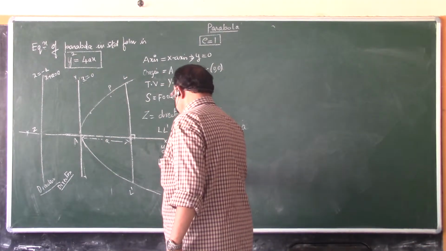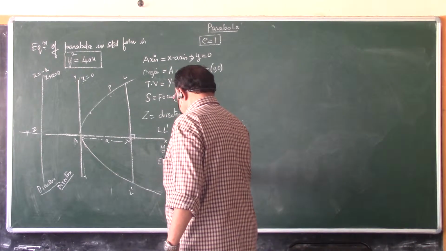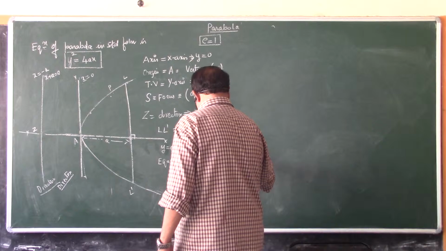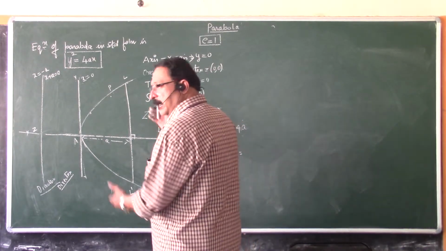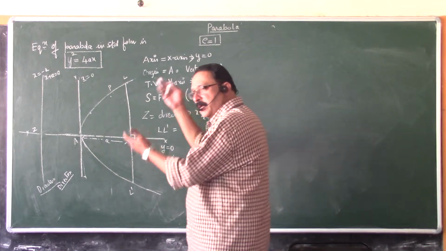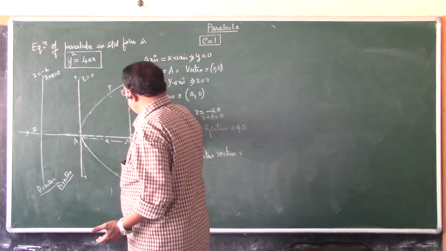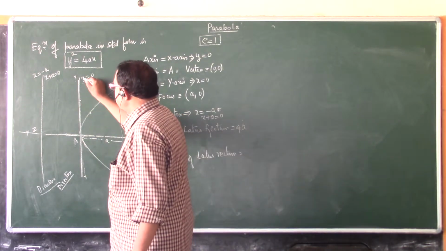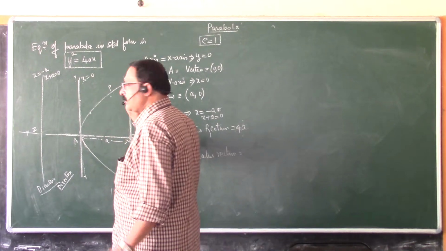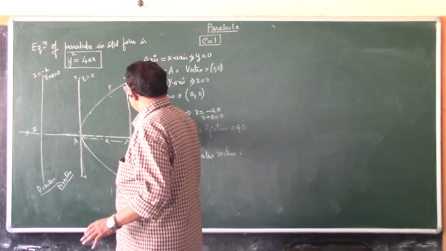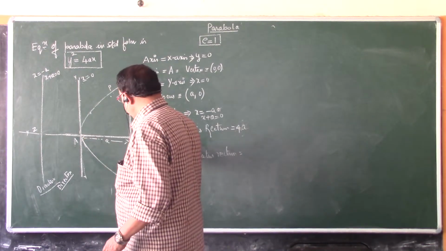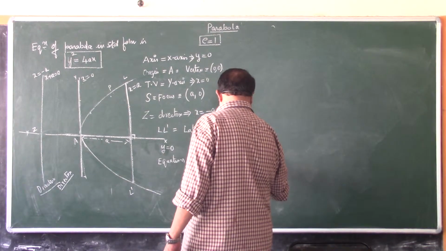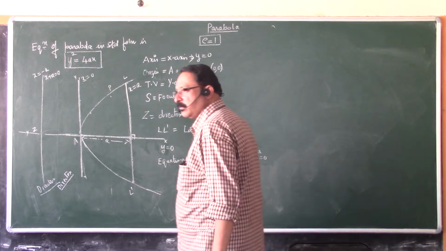And next, the equation of latus rectum. See, latus rectum is a straight line, so it should have a length, and the length is 4a, and it should have an equation. Now, how is the latus rectum? Again, the latus rectum is parallel to the y-axis. What is the equation of the y-axis? X is equal to 0. Two parallel lines should differ only in constant terms. So this should be x is equal to, and how far is it from the origin? a. The equation of the latus rectum is x equals a, or x minus a is equal to 0.